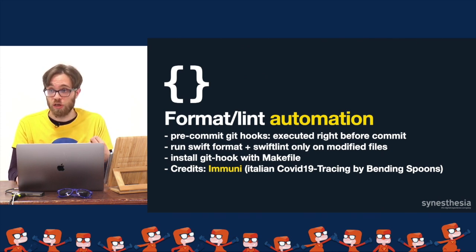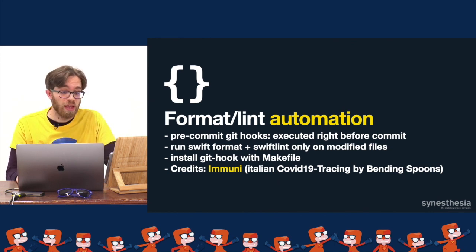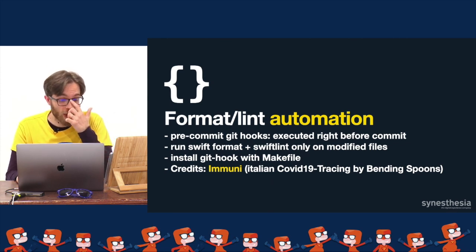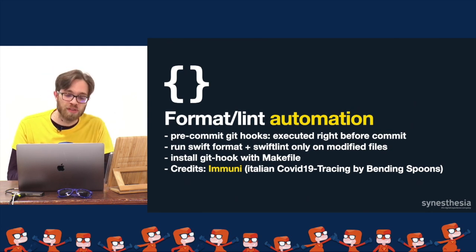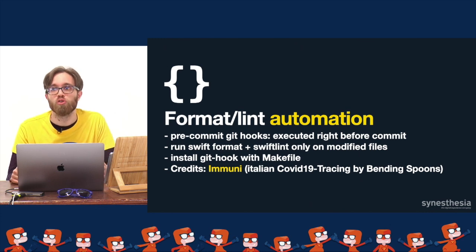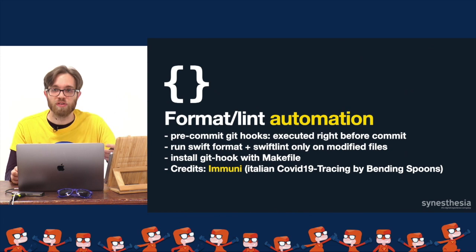What I suggest you to do, actually what they've implemented in their app, is to add a pre-commit Git hook that is run every time you're trying to commit your source. In that way, you can see what files you are changing and run SwiftLint and SwiftFormat only over them. So you always have a very nice and clever way to reformat your code with no troubles at all, and present to your coworkers a code that is clean and linted. To do that,